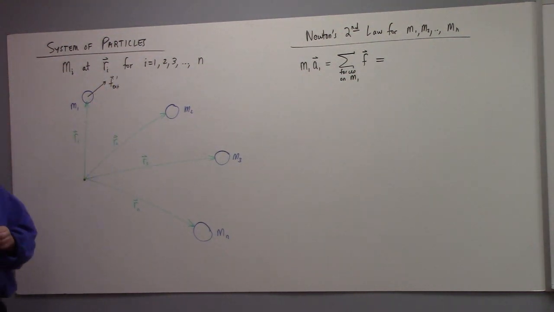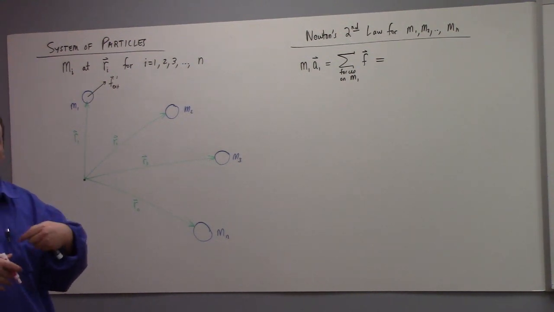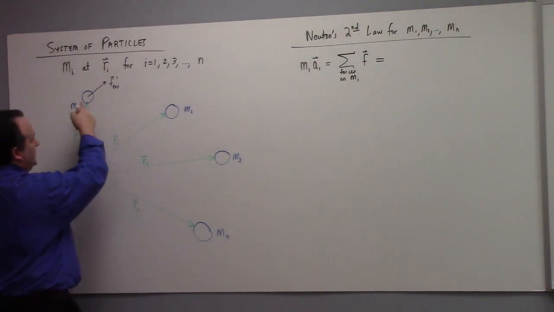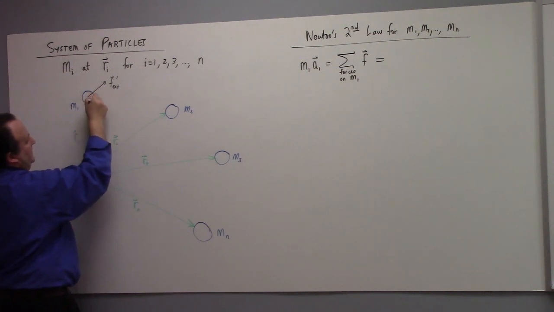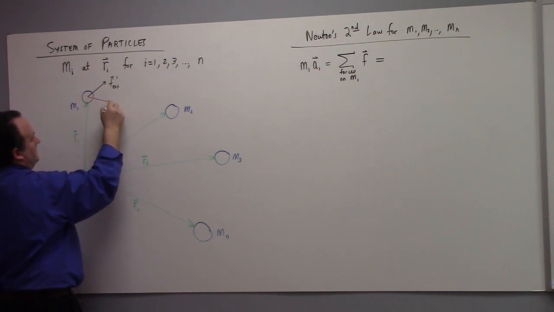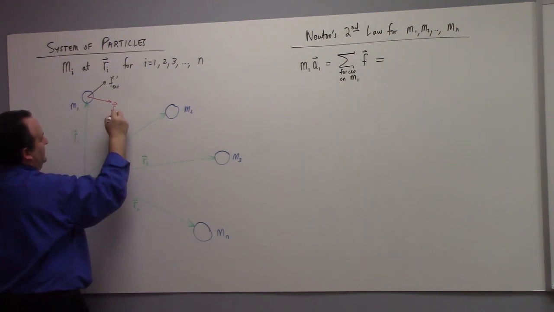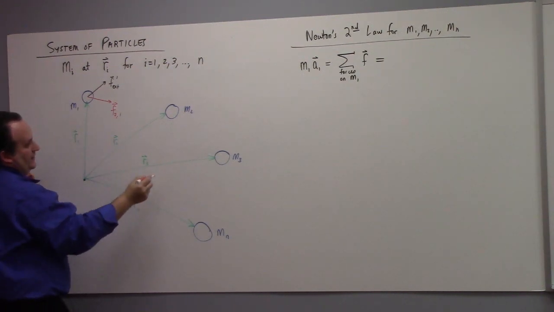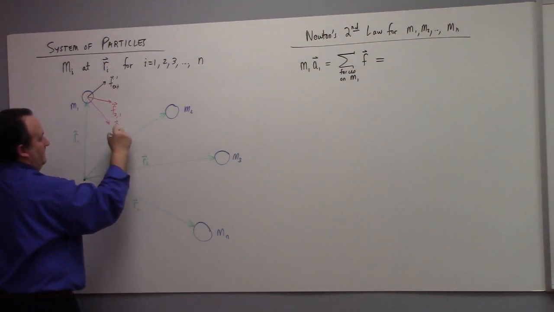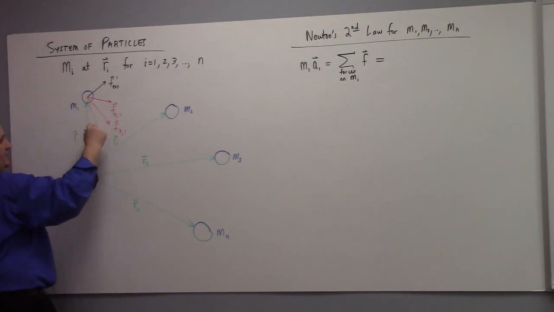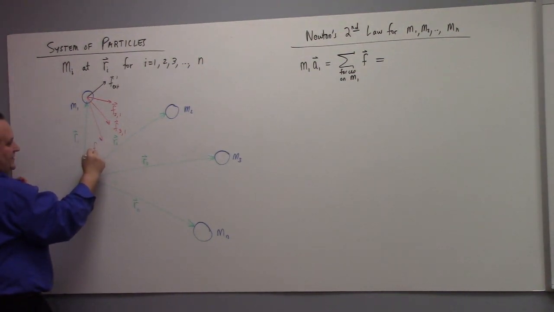But then there's also forces which are not external. There's forces that could be, say, from the gravitational interaction of mass 1 and mass 2, or perhaps from the electrostatic repulsion of m1 and m2. Other forces are so-called internal forces, forces that are between the masses, subject to some sort of interaction between the masses. Here's my notation. This is the force of 2 on 1. There would also be a force of 3 on 1, and so forth. There would eventually be a force of n on 1.